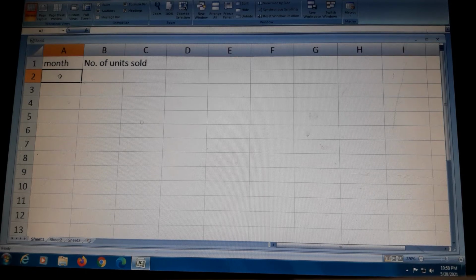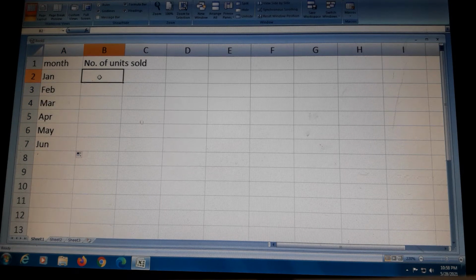In row one, month. Suppose you enter January, then February, then select these and drag from the dot. Then April, May and June. Suppose 6 months: January, February, March, April, May and June.